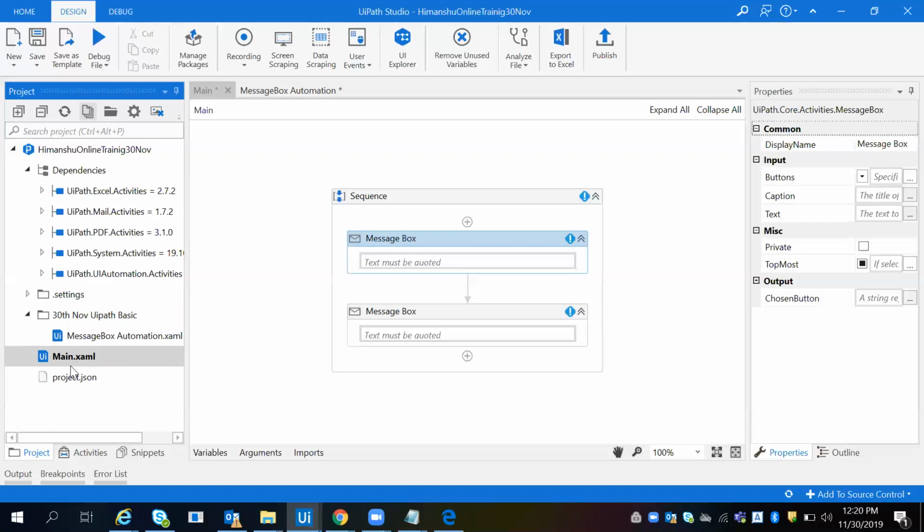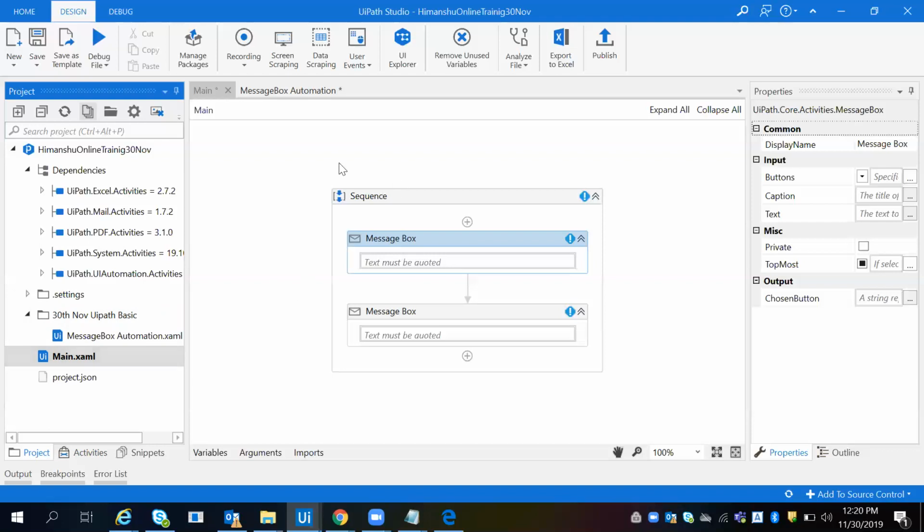You can assume the main.xml file is the master file of the sub processes of your project. Through the main file you can automate all the processes through the orchestrator, which your web server automation will do after 25 or 30 hours. So don't worry about that. Through the main.xml file you can automate each and everything. Okay, now fine?